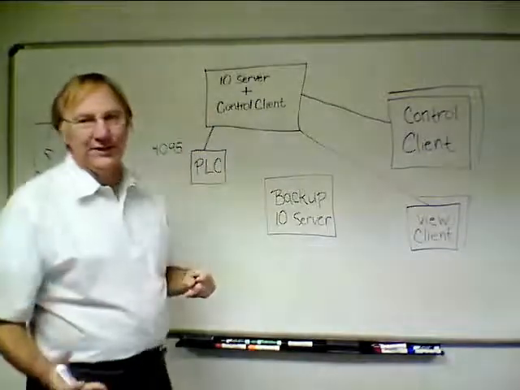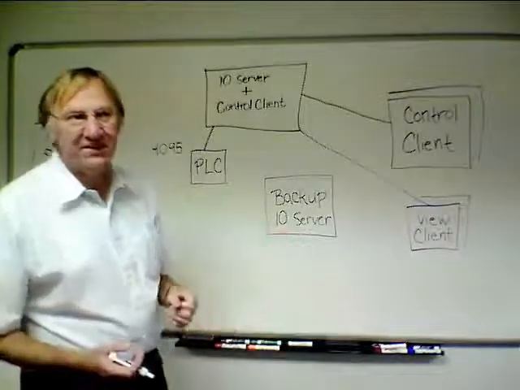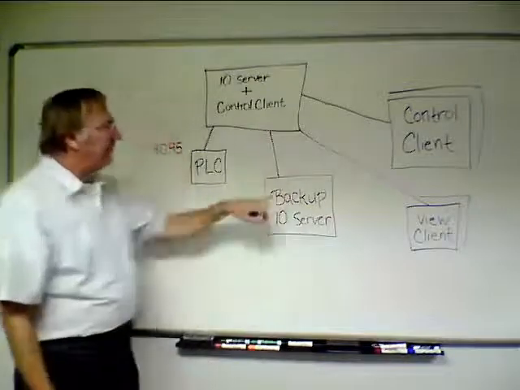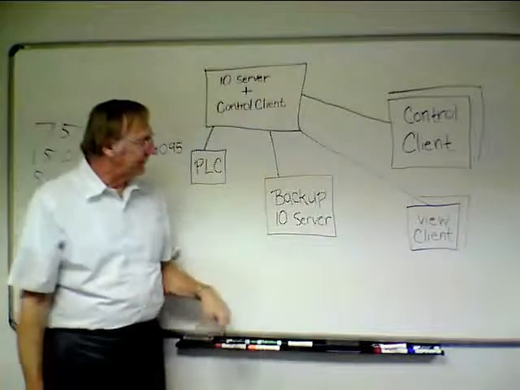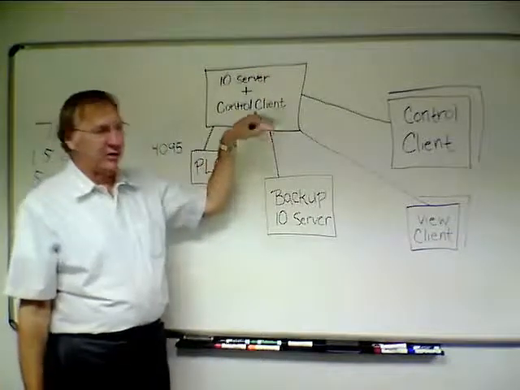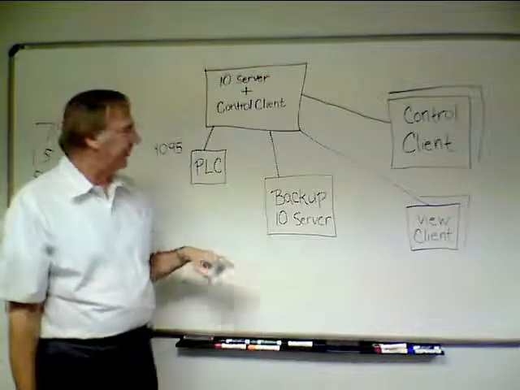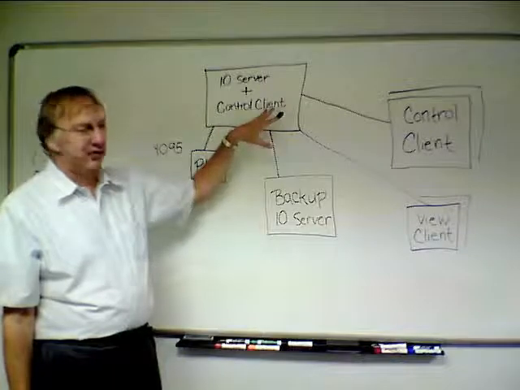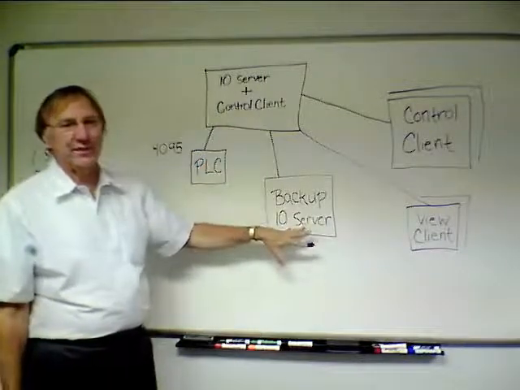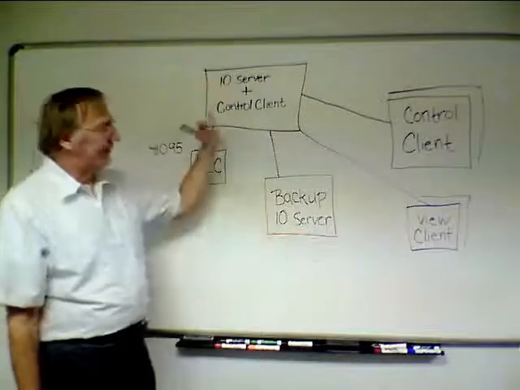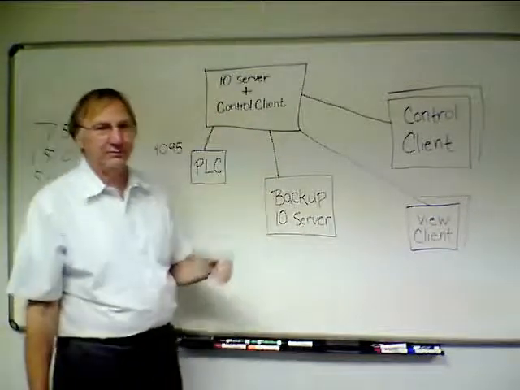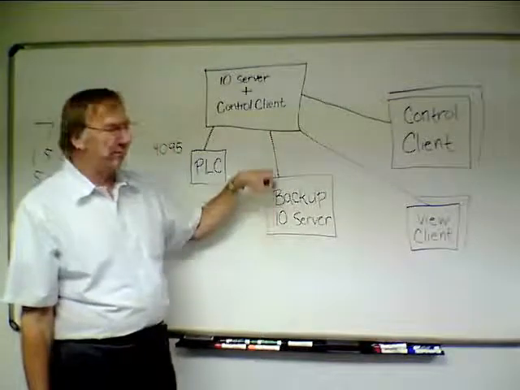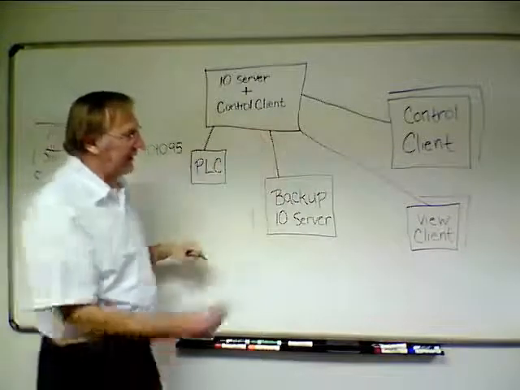All large citect systems, as large as 4, 5, 6 computers, will have a backup system. And the mission of the backup system is to monitor the I/O server. And when and if the I/O server goes down, the backup system will take over. Now, if it's a controlled shutdown, meaning somebody has told this I/O server to shut down, the backup server will take over immediately. But if it's a crash, somebody's kicked the power cable, the computer for some reason is halted, then the backup system will wait on an average of about 30 seconds, and then